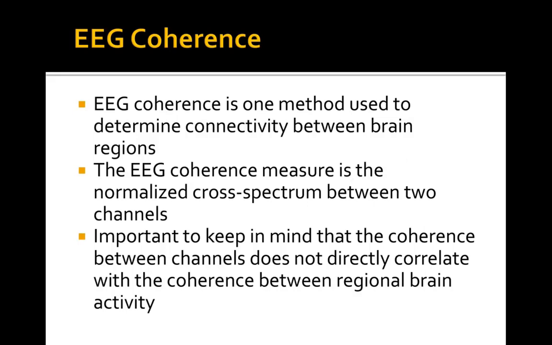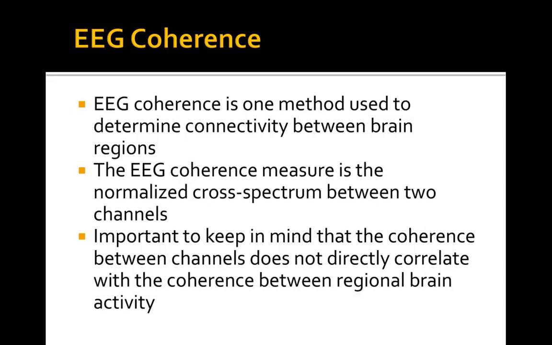Okay, the other method that we often use as a biomarker is EEG coherence. It's one of the many methods used to determine connectivity between brain regions. It's often referred to as functional connectivity because it can be done in a resting state, it can be done during sleep. It's measuring from a physical perspective how well different parts of the brain are communicating with one another. So it's thought to be a measure of brain connectivity, as opposed to a structural measure,